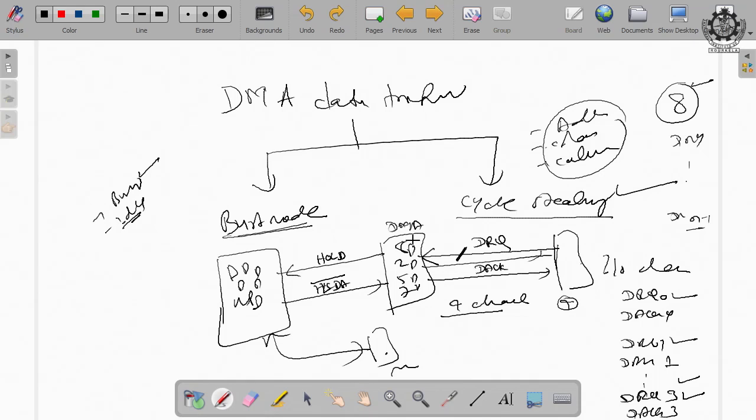Is it okay? Now, to support this priority scheme and data transfer scheme, 8257 supports 4 channels and each channel supports a few special kinds of registers, like program counter and stack pointer, which are special registers inside the microprocessor to perform program execution and stack operation. Similarly, 8257 has 2 special registers, one called the count register, another called the address register.